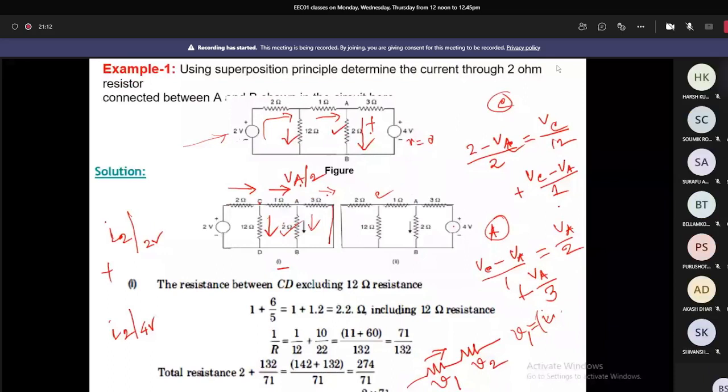But once it is specified, a question may come in the exam where you solve it using the superposition theorem and verify using nodal analysis. In that case, you have to do both to cross-check it. So it is better to practice. I always suggest that whenever problems are given, or whenever you are practicing in future, try to cross-check whatever you are getting. Is it correct with your method and some other method? It will give you some sort of confidence, right? So you have done the correct thing.